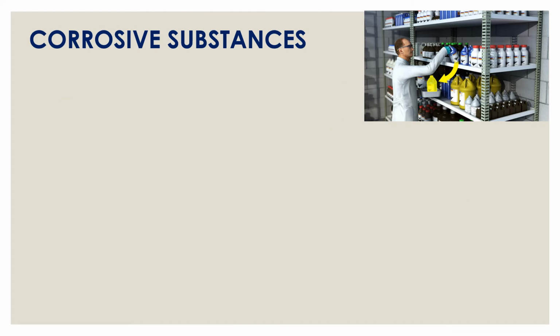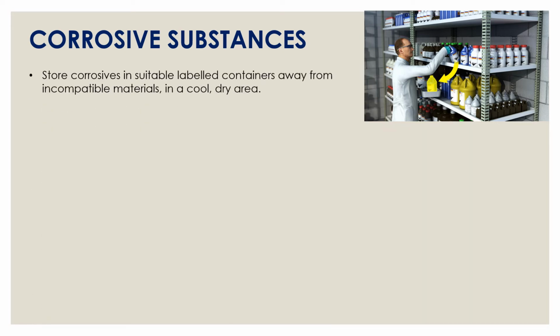The next category of hazardous substances are known as corrosive substances. Corrosive chemicals are those which are highly reactive and can destroy and damage materials such as living tissues, metals, or even wood. It may be possible to substitute this corrosive chemical for even less hazardous alternatives. However, if you cannot find an alternative, then we have to take certain precautions whenever we are storing, handling, or even using them. Some of the chemical safety rules that we have to keep in mind are storing them in a well-labeled container away from incompatible material in a cool and dry area.